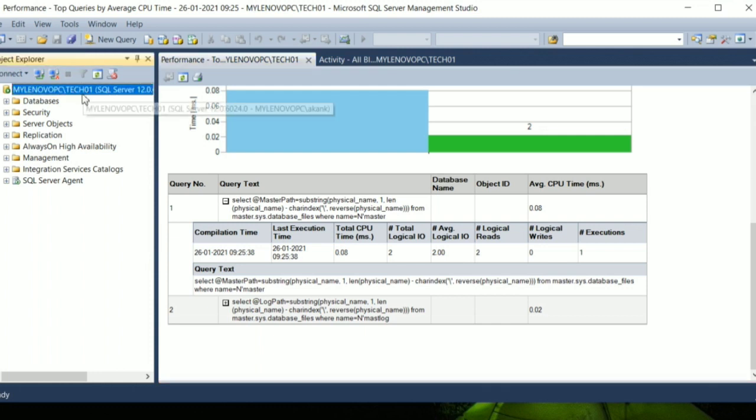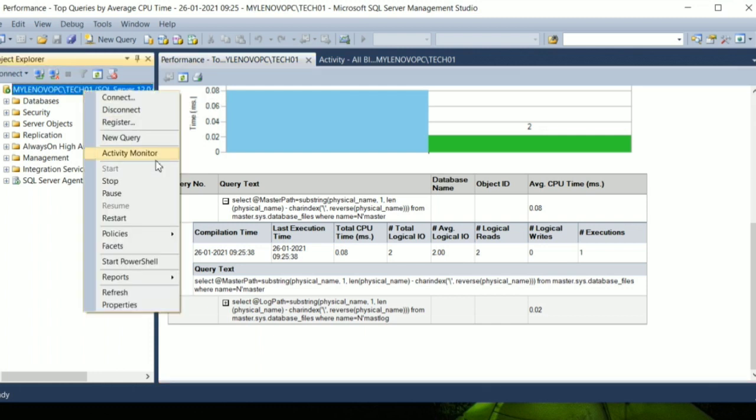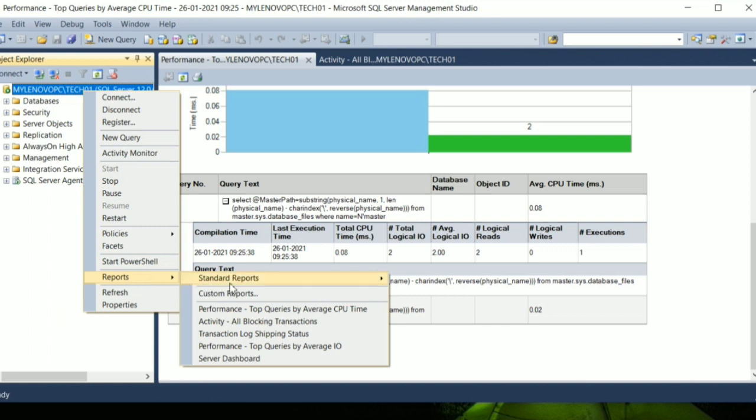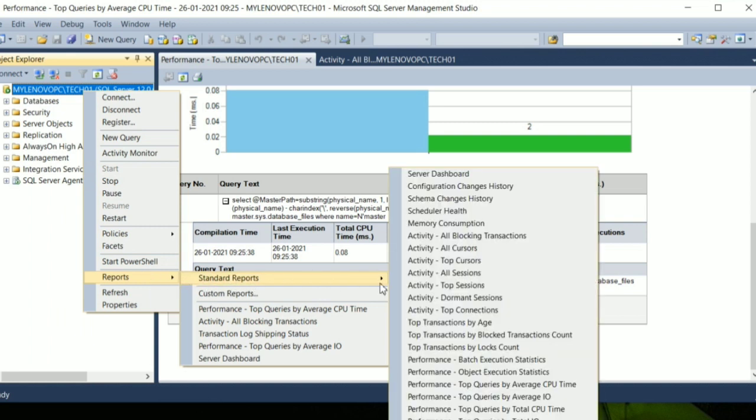Like that, if you come here and look at the top transactions by age, you can see all the active sessions, what sessions are actively running at present on a particular instance or database. What are the top sessions, you can get here.